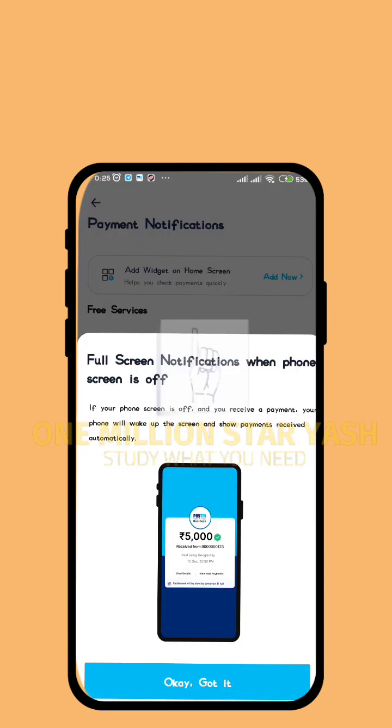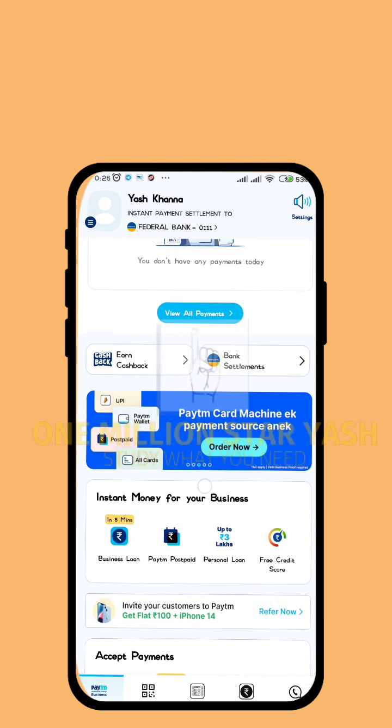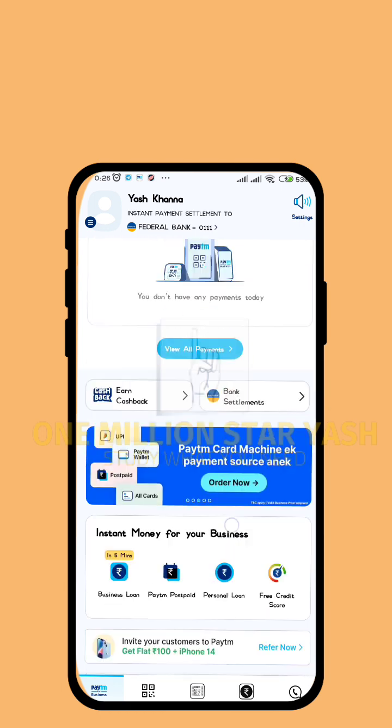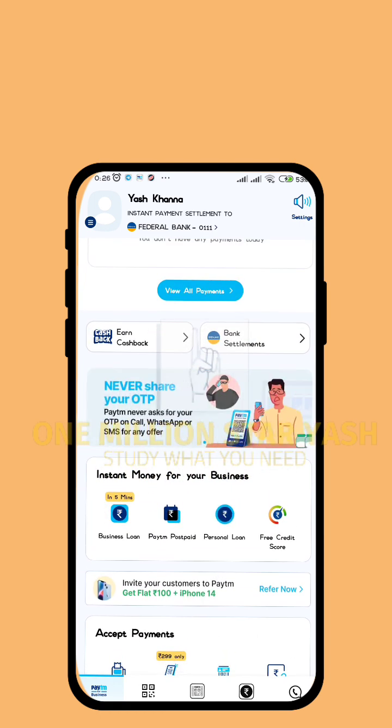You just turn on all the features. The notification when you receive the payment, when your phone is off, you will see the notification of your payment. And it's done. When you receive the payment, the voice will come and